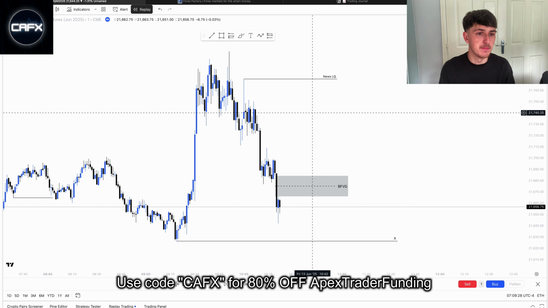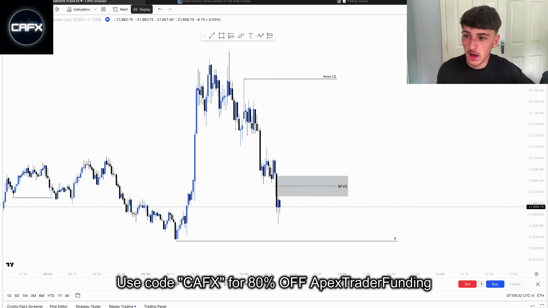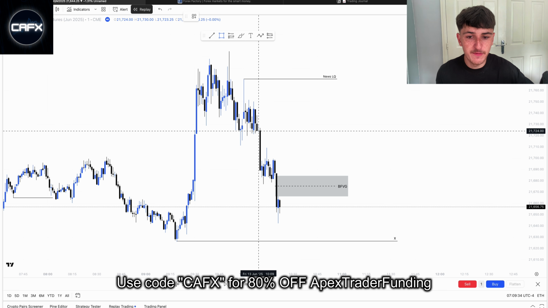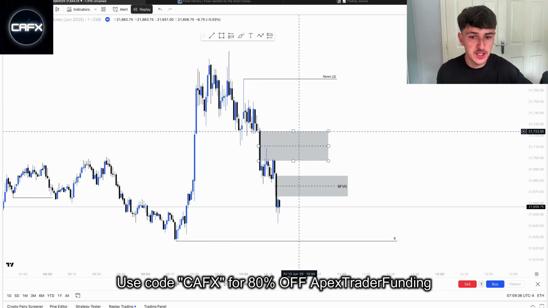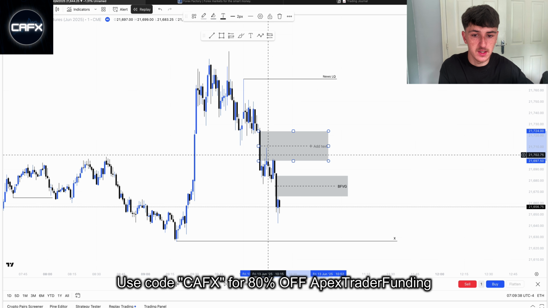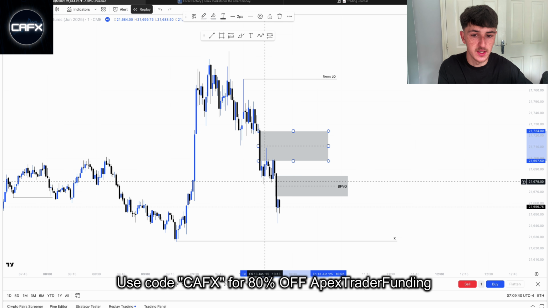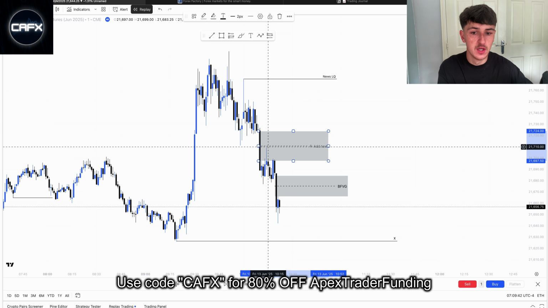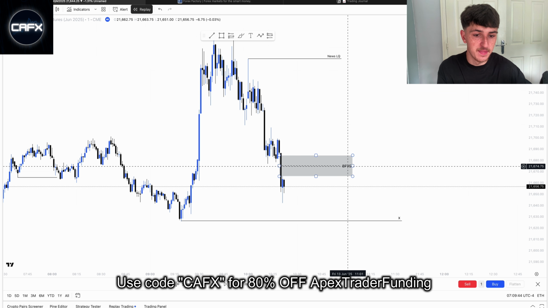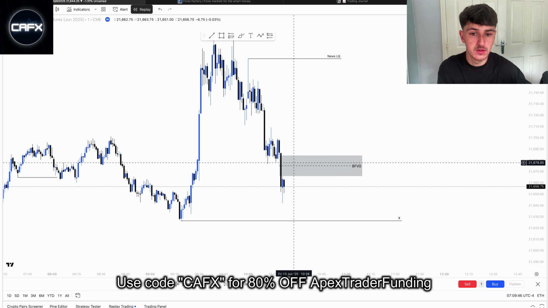Now I get a lot of DMs from people asking me, which fair value gap do I use? How is it valid? The way I think of it is, whenever we create a new fair value gap, this one then instantly becomes invalid because we've already respected it. You can see we've wicked in and respected it. So this now becomes invalid, and this is the one that we will now use to go long from,